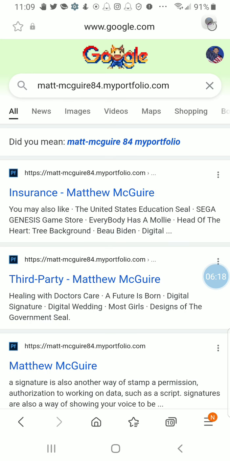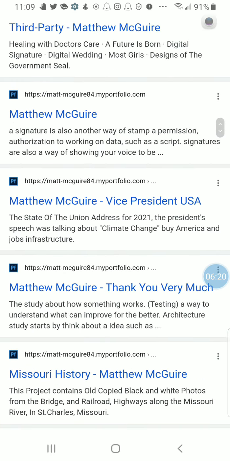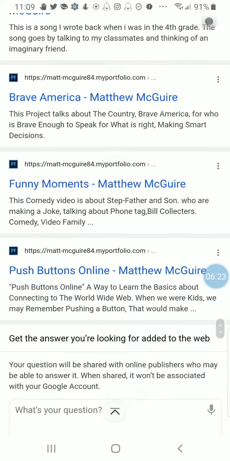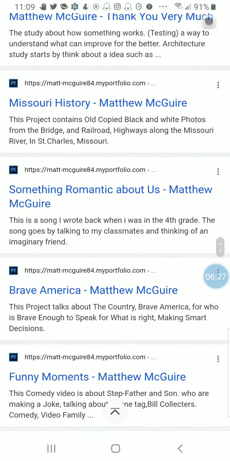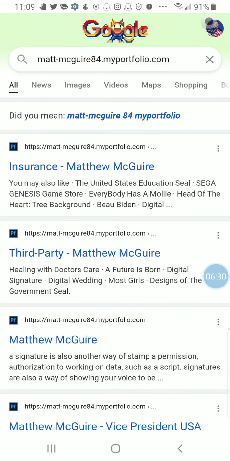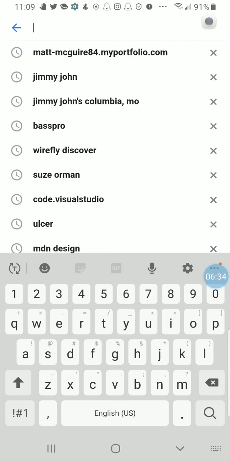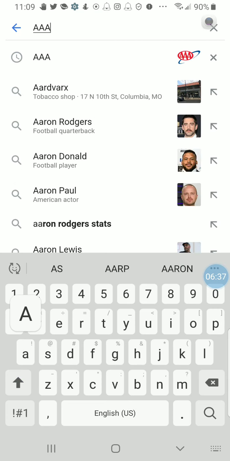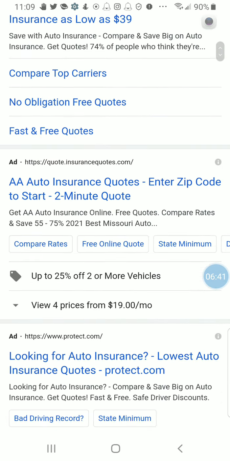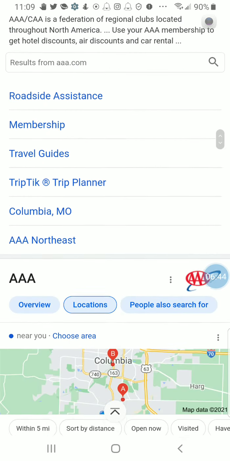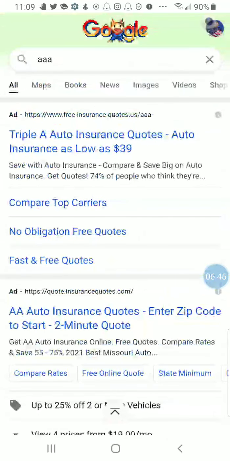But when it comes to tabs and search results, let's just say you were to type AAA insurance, and then maybe there's going to be another window that pops up and gives you these other options. It could be marketing or just any source of advertisement like that.